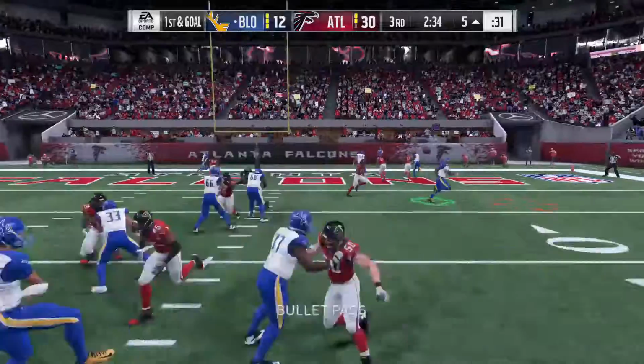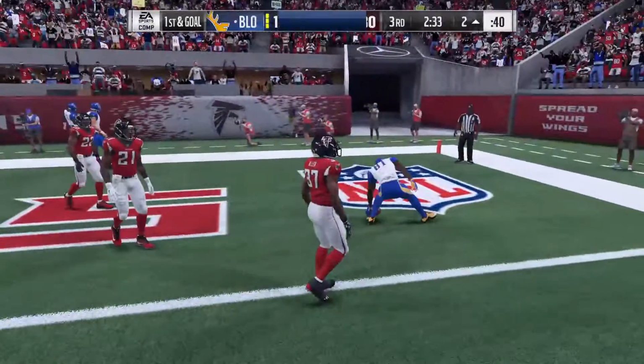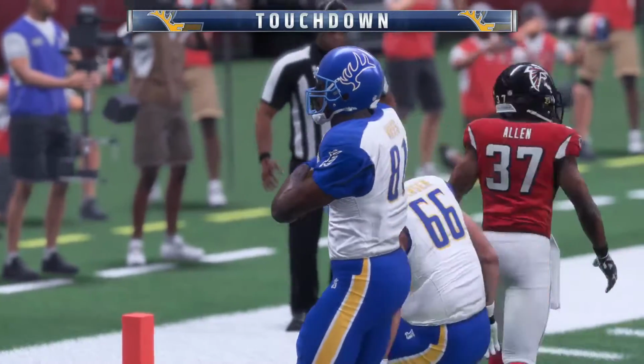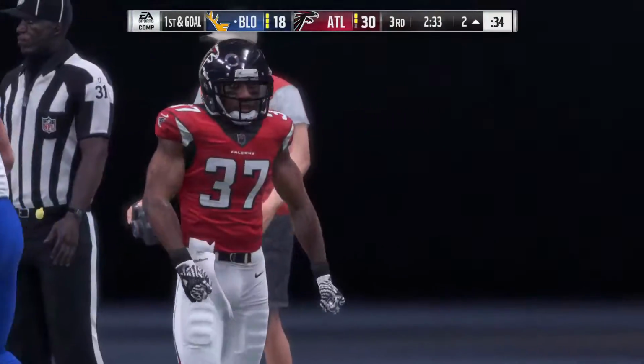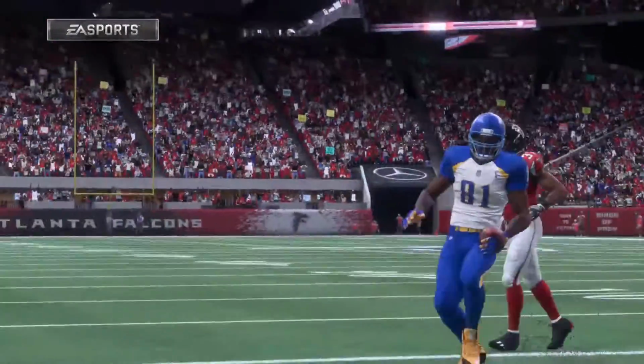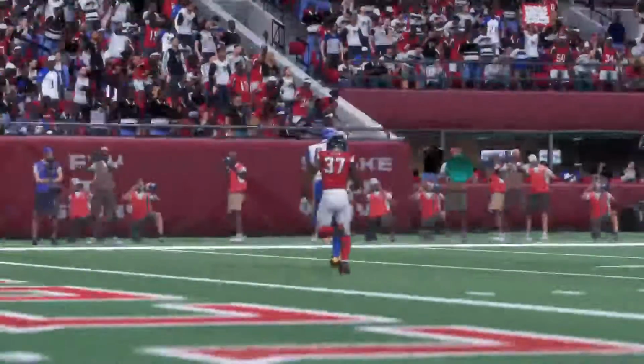To the air again, Stafford. The quick slant caught. And he will take it in for the touchdown. Well, you know, you can't get all the points back at once, but baby steps, a good start. A start that was sorely needed because this team looked like they might be out of this one, but getting a touchdown, getting back into it,